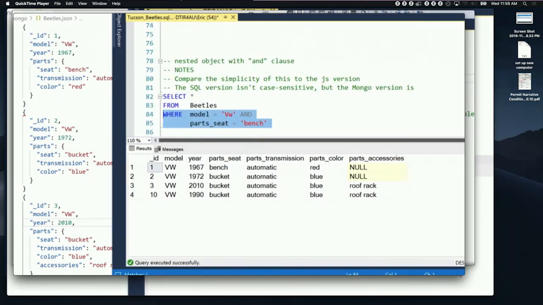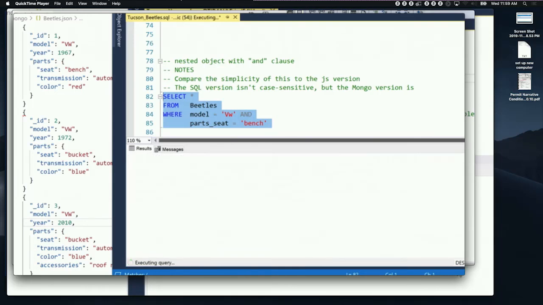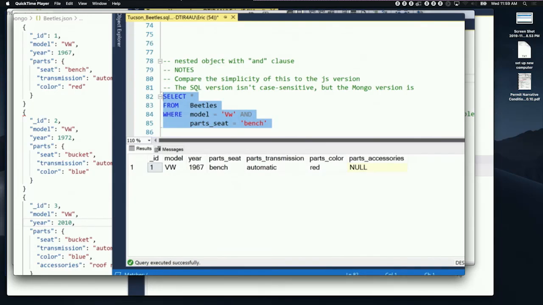So all you have to do is put that underscore in there, and it automatically knows to flatten it. The question is, if you put the underscore in there, does it automatically know to flatten it? The answer is yes. You have to give it the parent object name, then an underscore, and then whatever the child key is, and then it flattens it for you. If you had another document embedded under parts, great question, I'll show you that in just a moment. That's the question of multiple nesting levels.